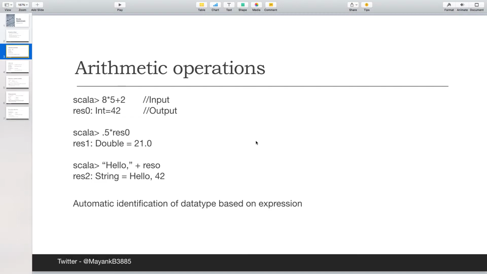That's a big difference from Java. Even in Python, you have the same thing. You don't need to declare the type of your variable, whether it's a string, integer, or double. So it can automatically identify that when it comes to Scala.